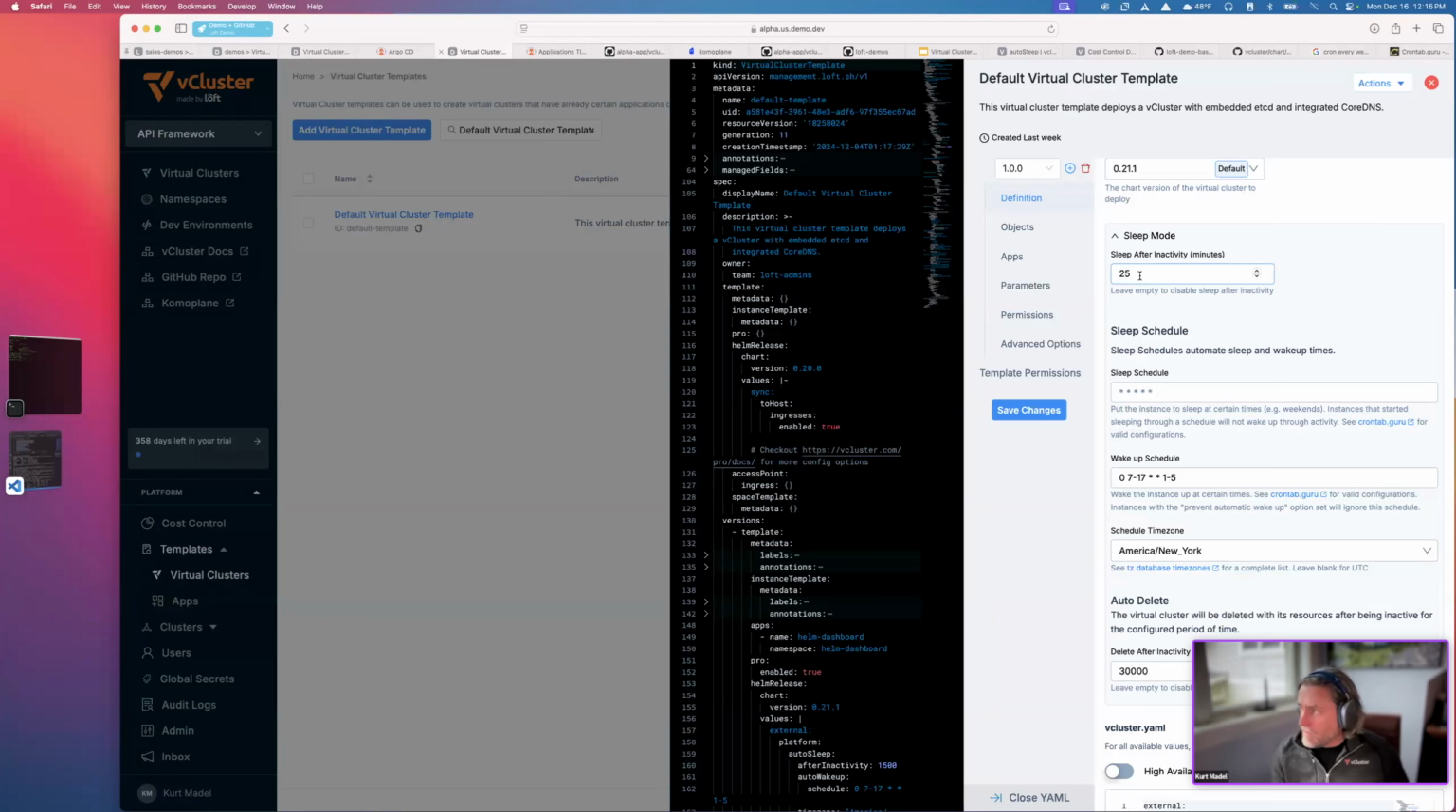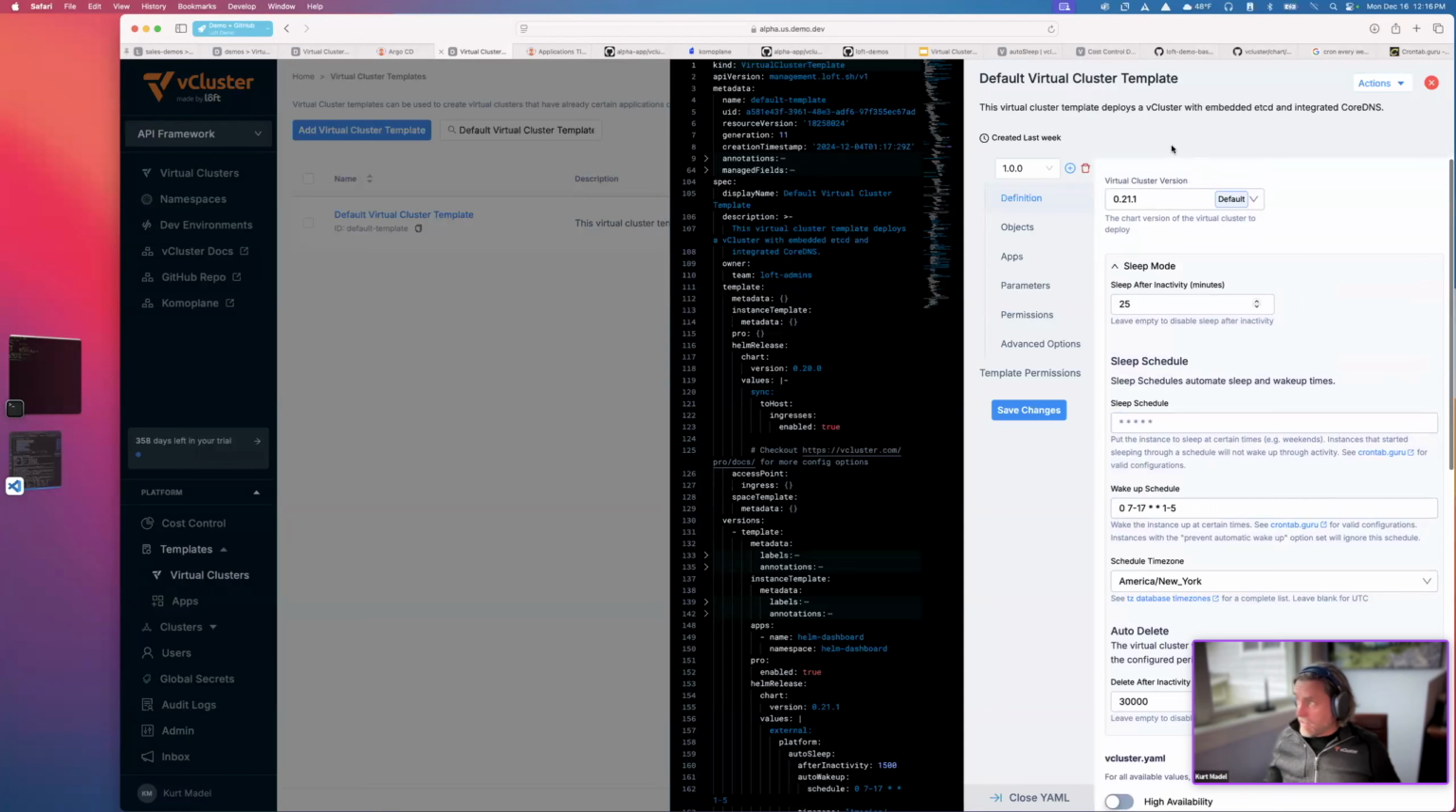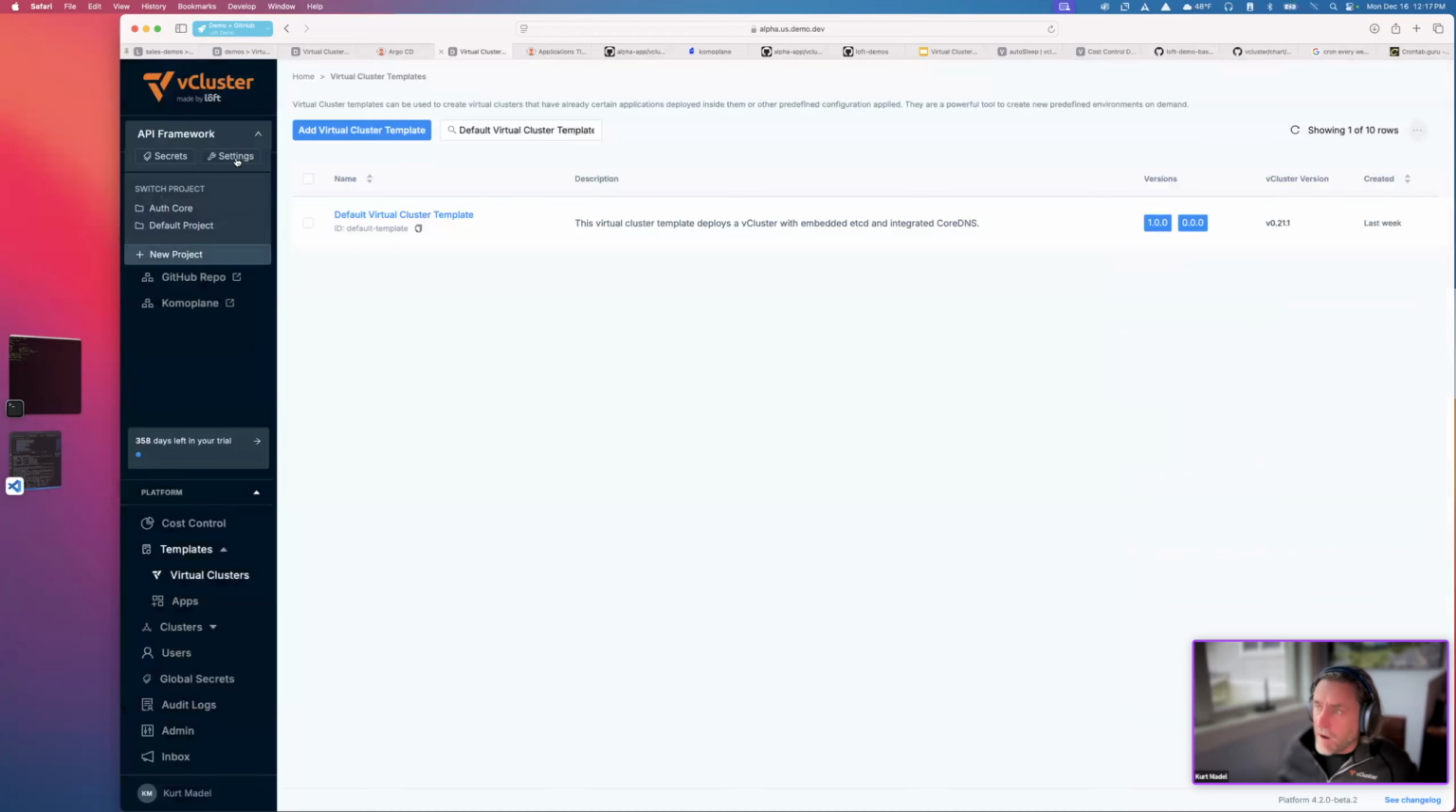Obviously, those configurations and settings will be different for different use cases. The nice thing about templates, as you see here, is that I'm applying this to all the vCluster instances that are created from this template. Further, I'm leveraging this as a default template. So if we look at this project,